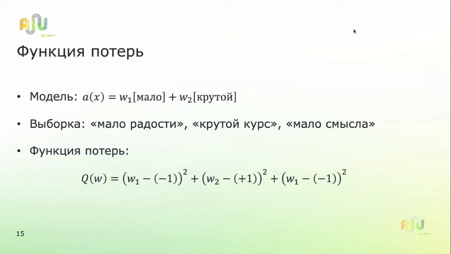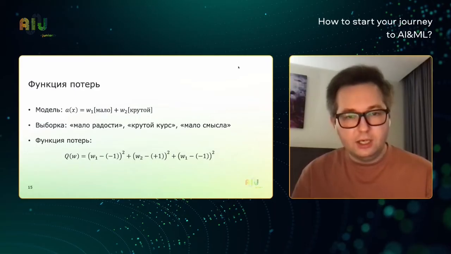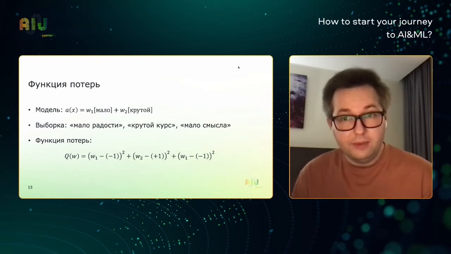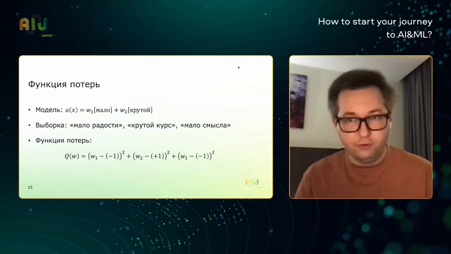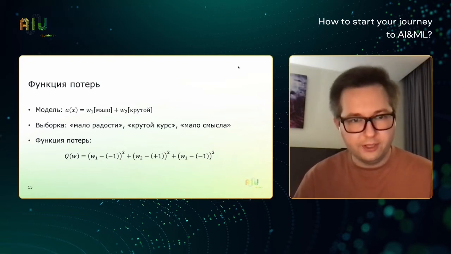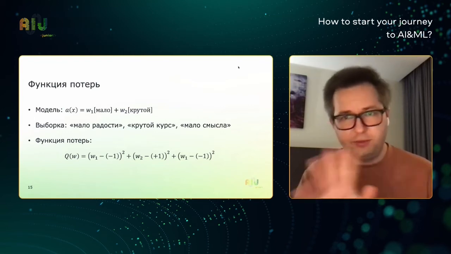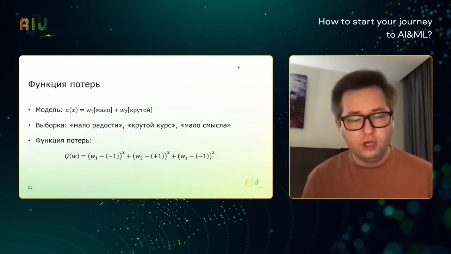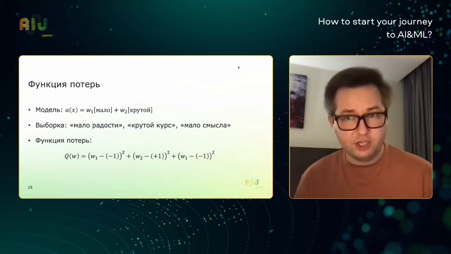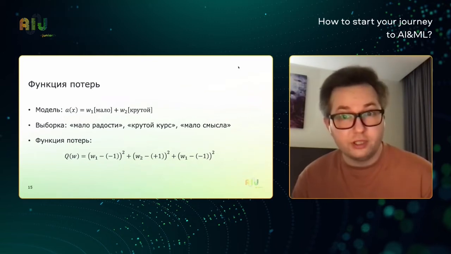And for instance, in my training sample, I have three texts. This is "less fun", "cool course", and "less sense". What will my loss function look like for this sample? Let's look at the formula on the bottom of the slide. I take the first text, "less fun". The word "fun" is not used in the model, so I skip it. We use "less". There's one hit. And the forecast will be